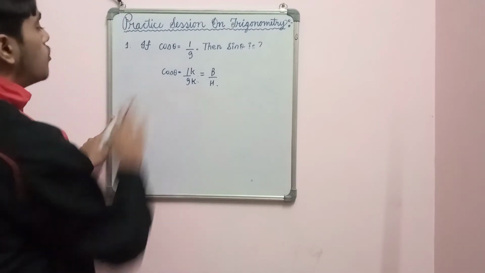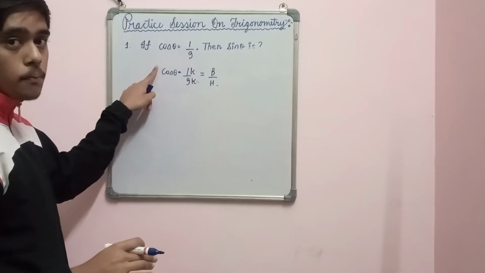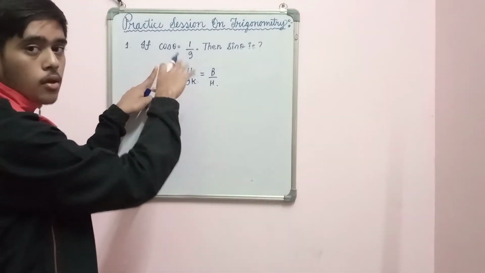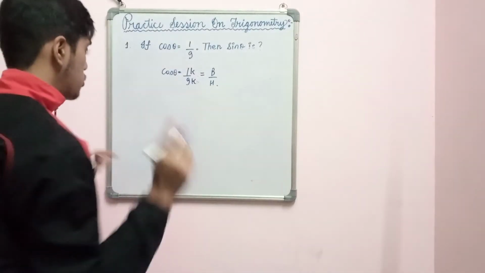Now it becomes the value, because this is a ratio. This is a pure ratio. So there is a difference between ratio and number. I will be discussing one question on this also.